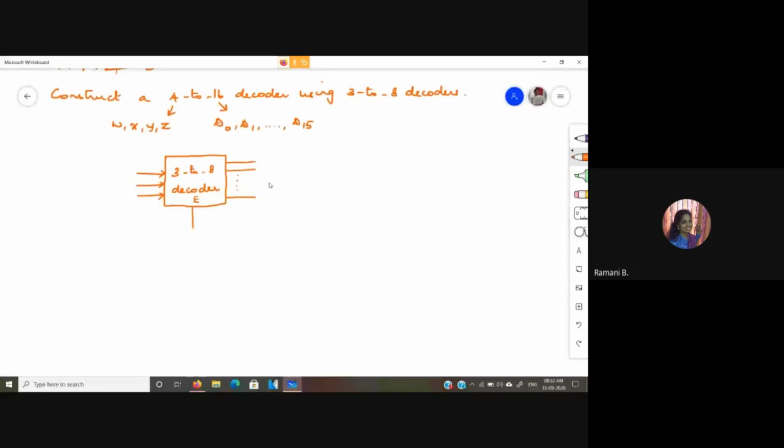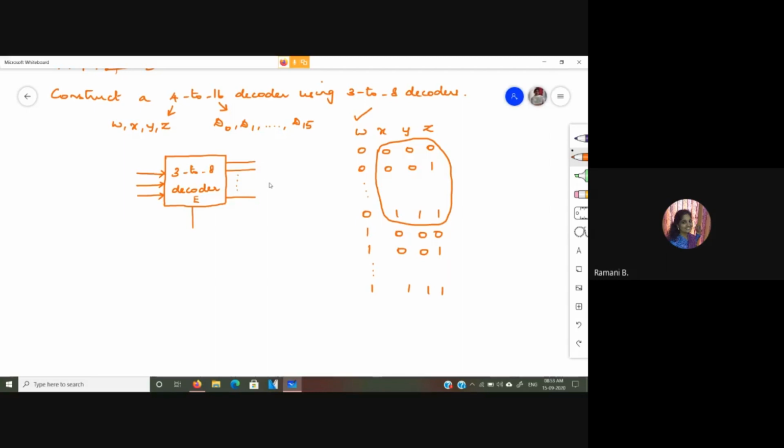Any idea? So what we can do is, so we know if we are going to have 4-bit input, we have the combinations varying from 0000 to 0001. Likewise, till 7 you will be having 0111. Then for 8 it is 1000. That is, these 3-bit combinations are going to repeat. Okay, so you will be having this 0001. Likewise, you go till 1111, right? So what you can do is you could consider this W as the enable input and this XYZ to be